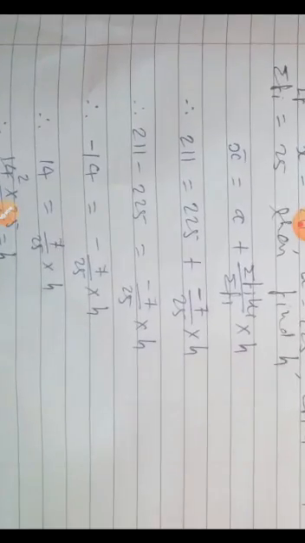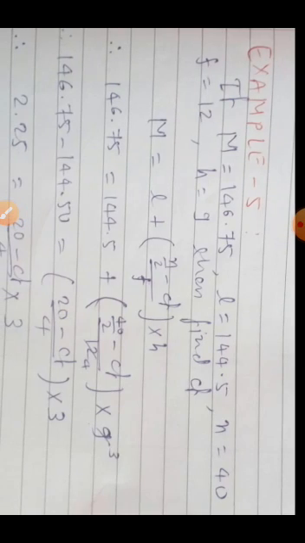Okay, now the last one, example number 5. This is median based. Obviously you look here, m is given, m means median here, not mean. L is given, 144.5. n, you know, is the total number of observations or sigma fi. Frequency f is given, class size is given, find CF.